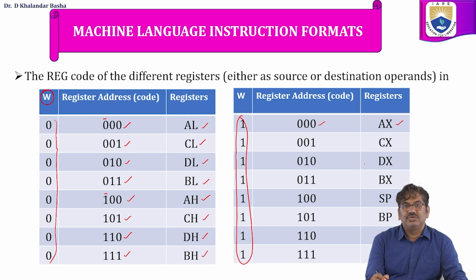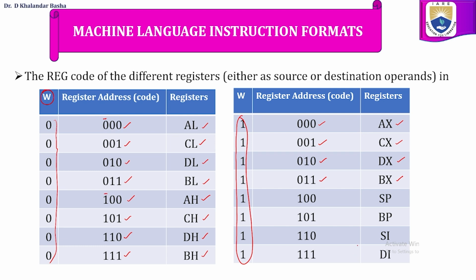000 corresponds to the AX register, 001 corresponds to the CX register, 010 corresponds to the DX register, 011 corresponds to the BX register. Whereas 100 is for the stack pointer, 101 is for the base pointer, 110 is the source index register, 111 is the destination index register. So here also in the register field, when W is equal to 1, the MSB